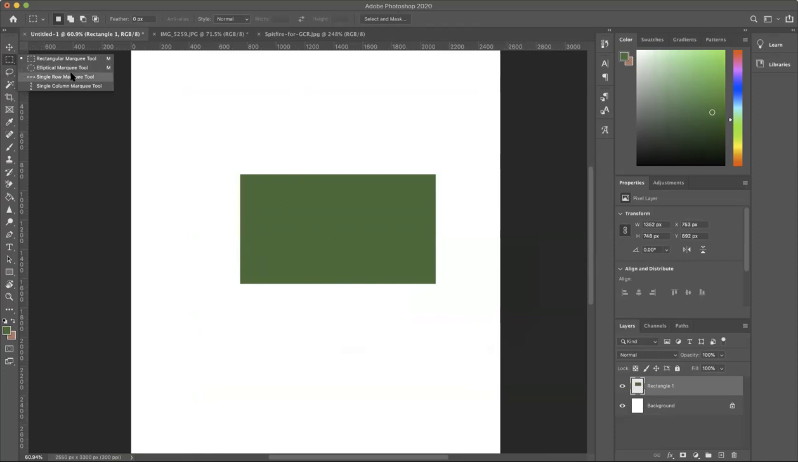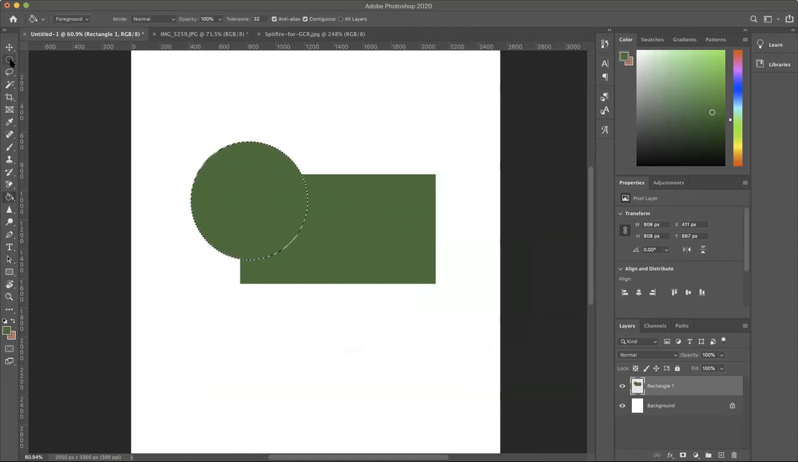Let's do another picture here. Let's take an elliptical marquee and I'll keep it proportional so we have a circle. Let's do the same color again in here. Oof. And now I've drawn a circle next to it. If you zoom in on this,